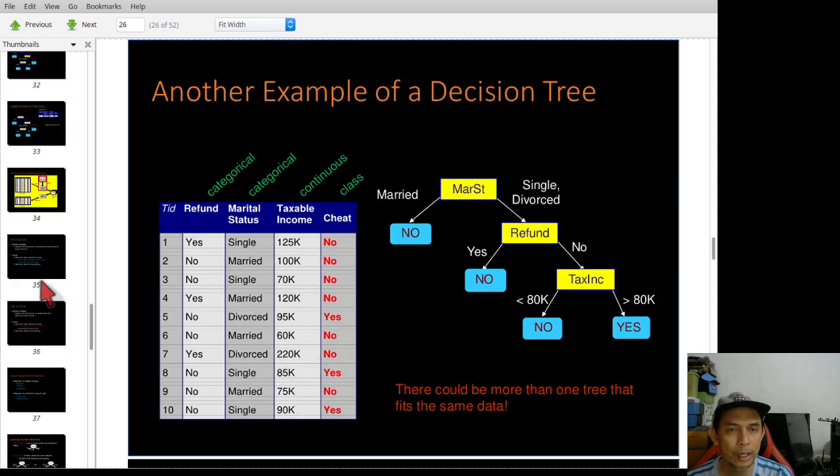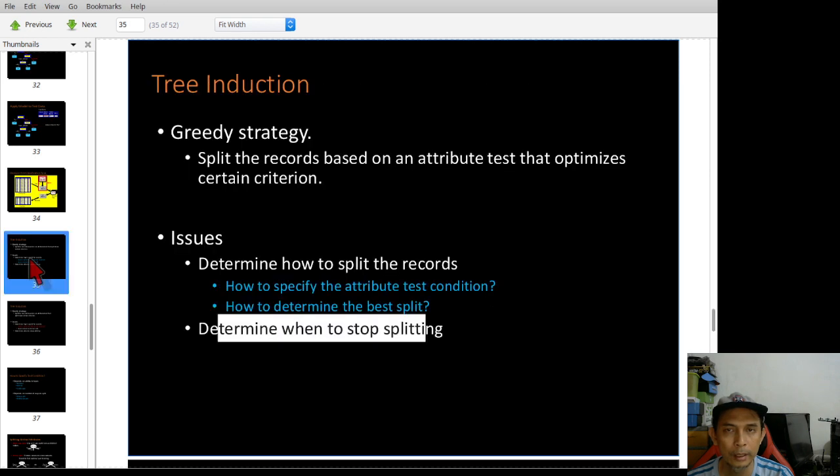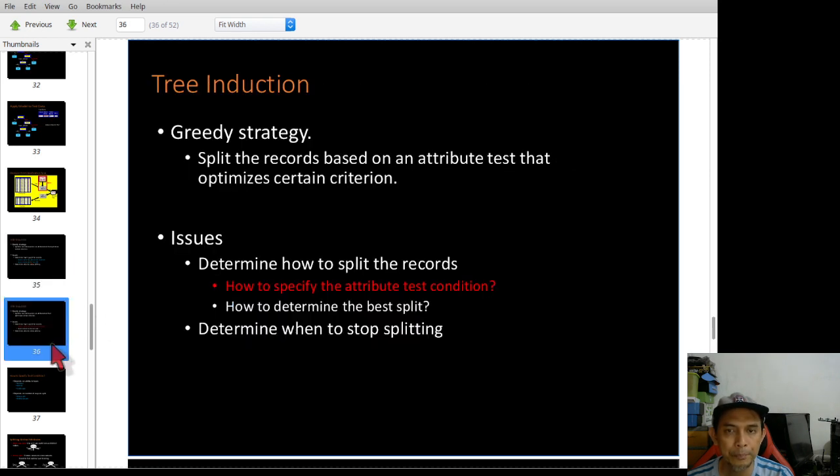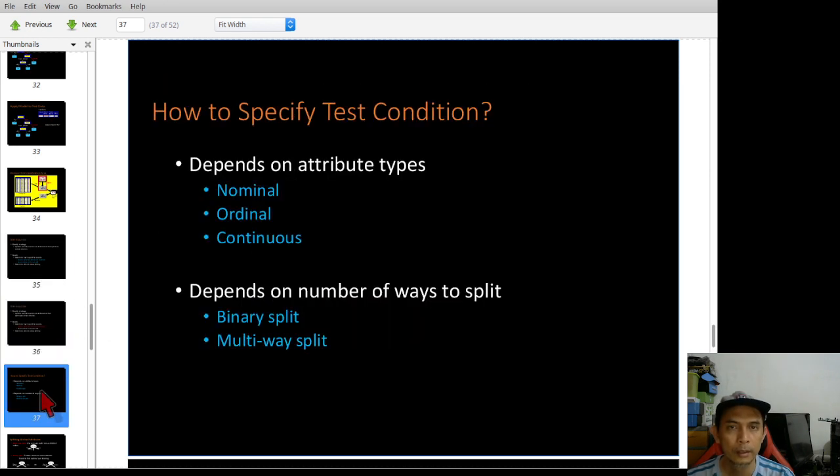So this is where we have this technique. Okay, before that, we need to categorize the test condition. There are 3 different types of attribute: nominal, ordinal, or continuous.